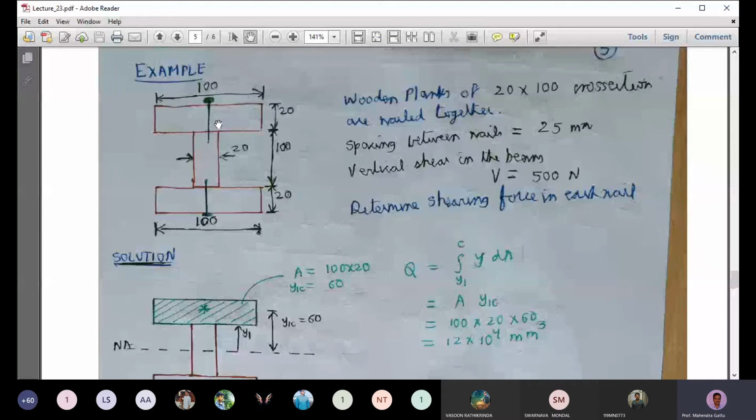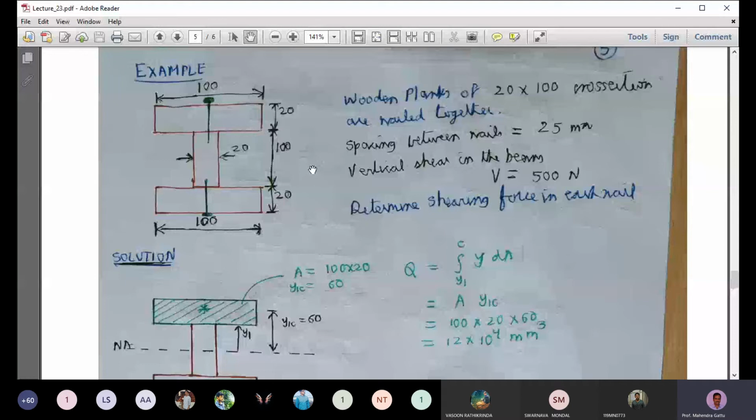and if you see from the side view, you will have this I-shaped cross section. And how are we joining these wooden planks? We are joining them with the help of nails. We are hitting that nail with a hammer, and this plank and this plank we are joining. So this is one nail here, and we are joining this plank and the bottommost plank by another nail, and these nails are at a spacing of 25 millimeters.